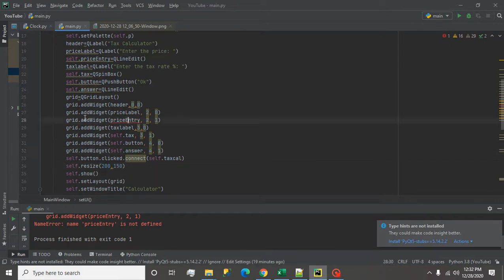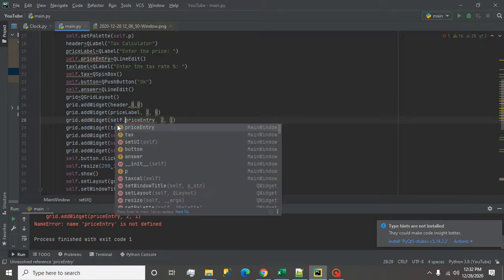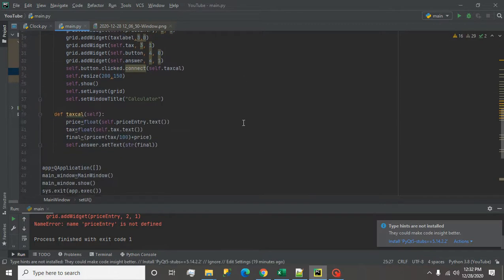So here also I am writing self instead of price entry. So I write self dot price entry. Now run it. It should work.